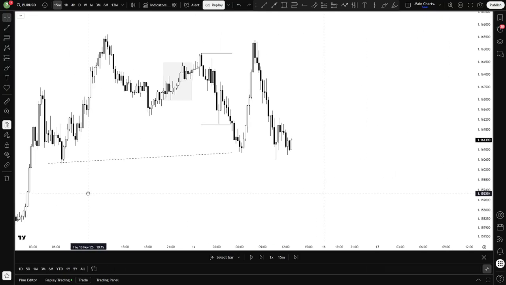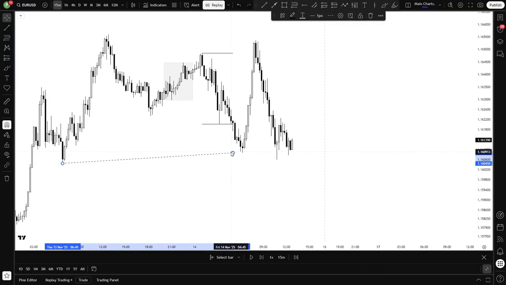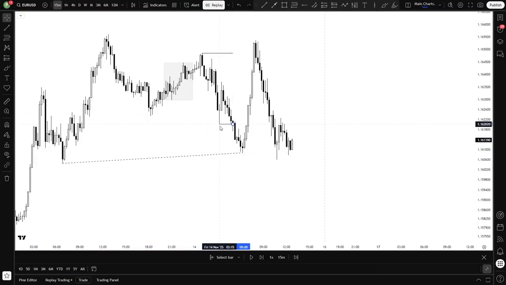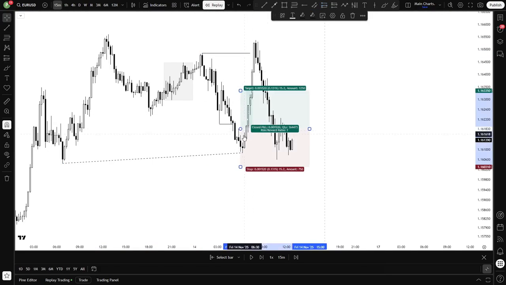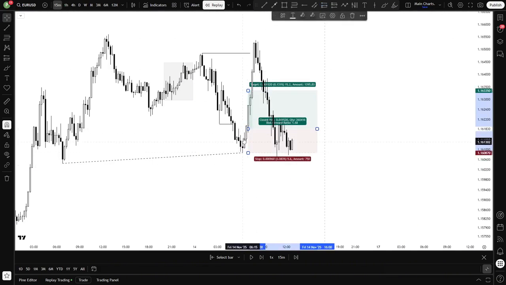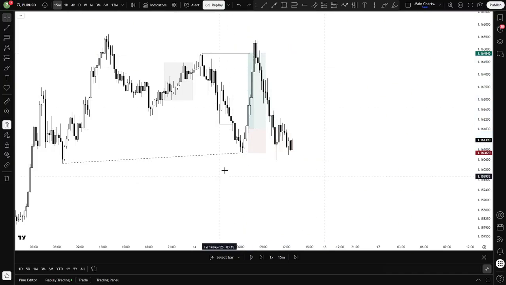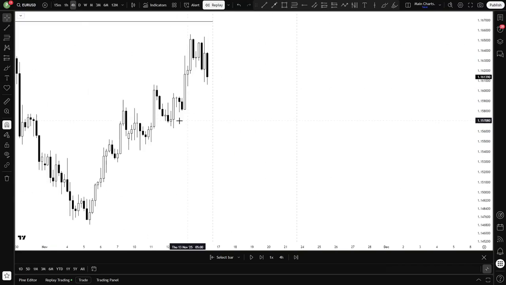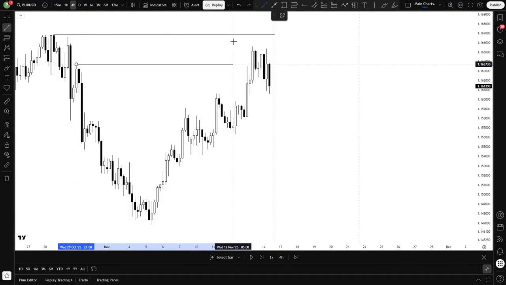Right here, you can see we had this SMT divergence. We had purged the CRT low, and then we formed this order block, and there I took this 3-hour trade. This is a trade that I took on Friday, and you can see the execution in my Telegram channel. But then what happened is that during the New York Open, after I closed the trade,